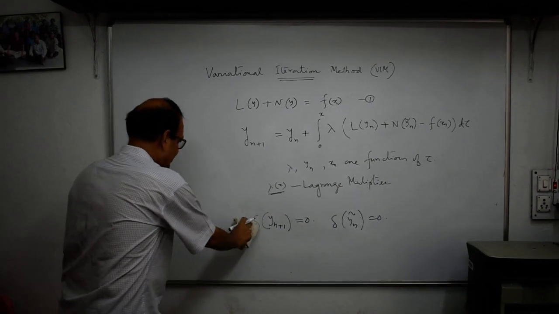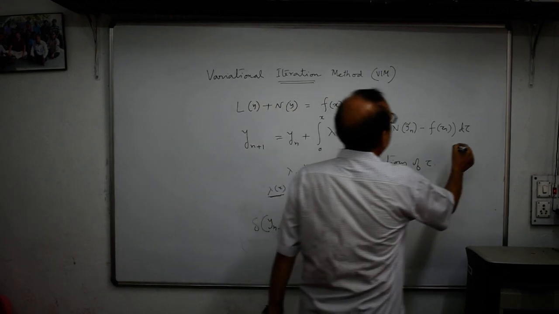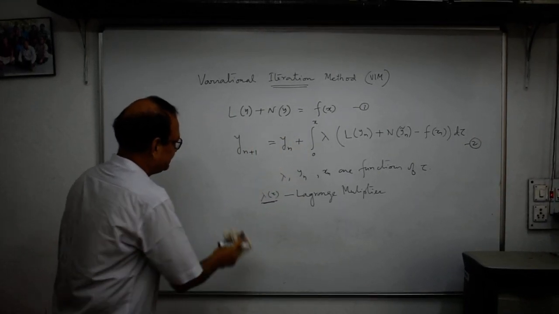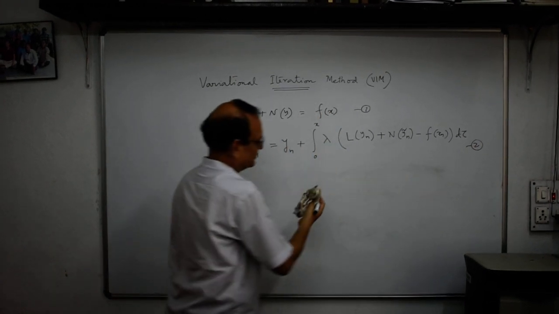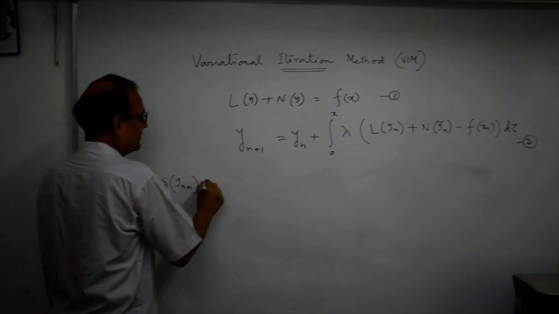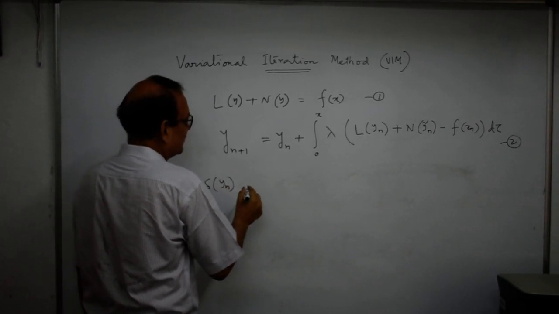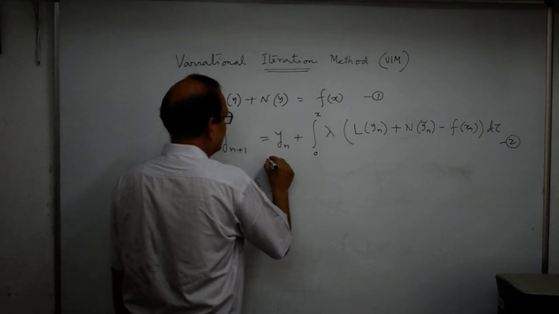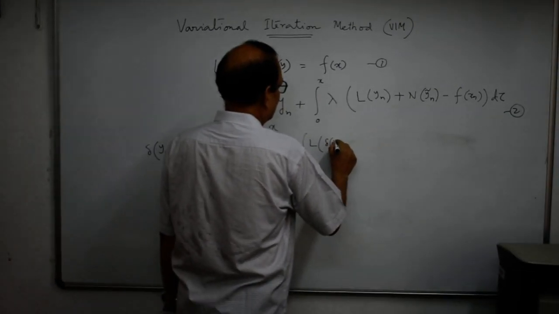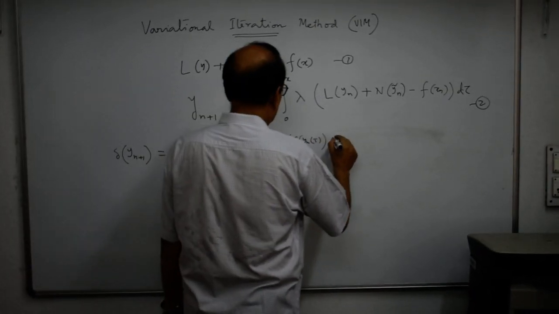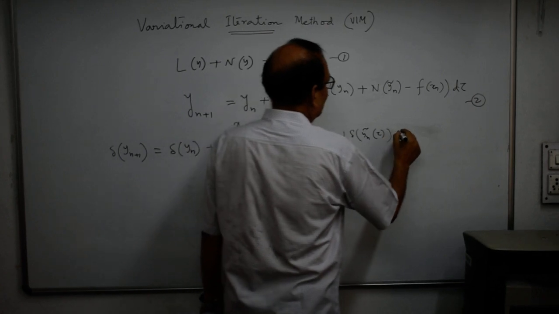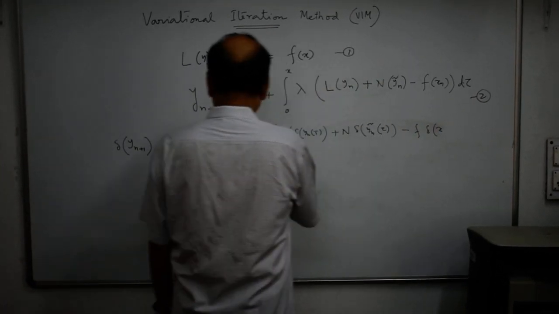Now putting this variation delta on, suppose this is equation number 2, we can write the equation in the form delta y_{n+1} equals delta y_n plus delta integration from 0 to x of lambda(tau) times [L delta y_n(tau) plus N delta y_n tilde(tau) minus f delta, sorry